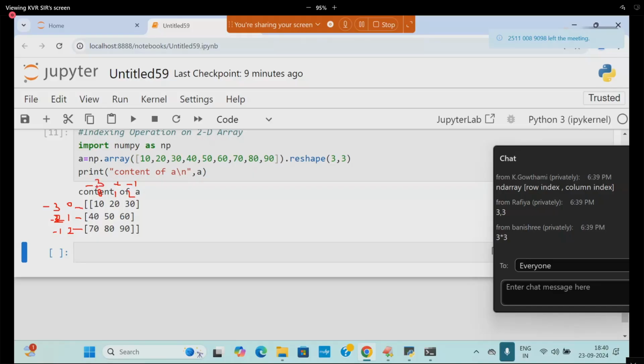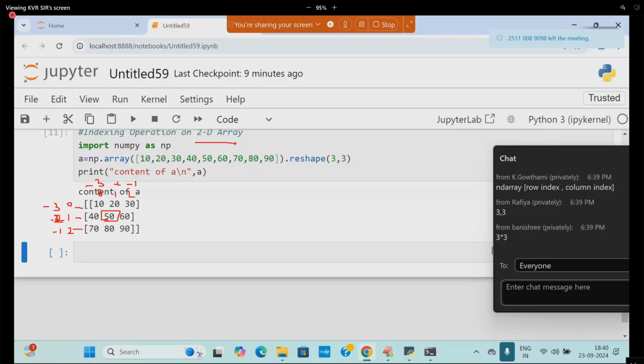Shall we go for the syntax now? Look at it. I want to retrieve the element 50. Be careful. If I want to retrieve the element 50 from a 2D array, 2D means two indexes are available. 1D means one index. 0D means no index. A single element doesn't have an index, directly it is printed.